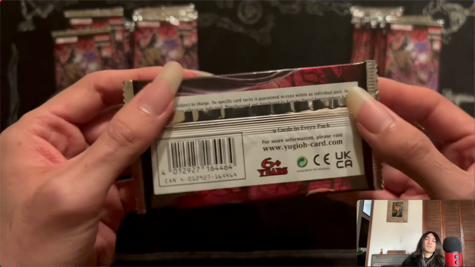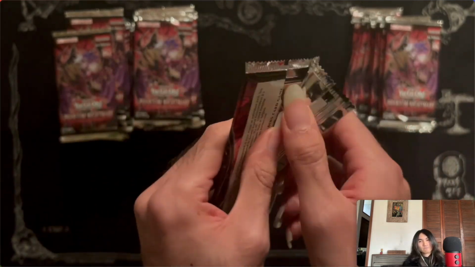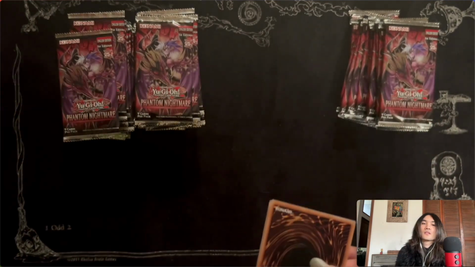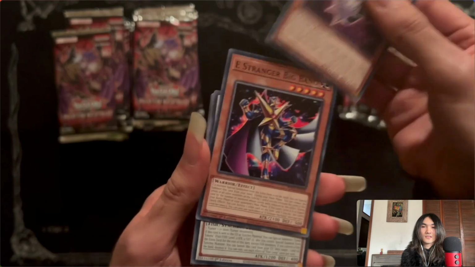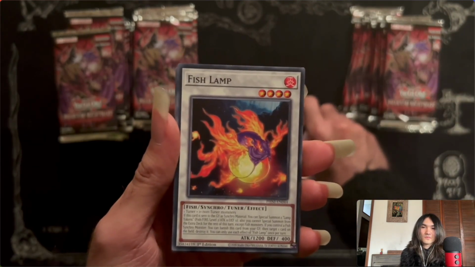Yeah, I think I only have 56. Okay, so Phantom Nightmare first pack. Okay, we got Time Reloader, East Ranger Big Bang, Fish Lamp,